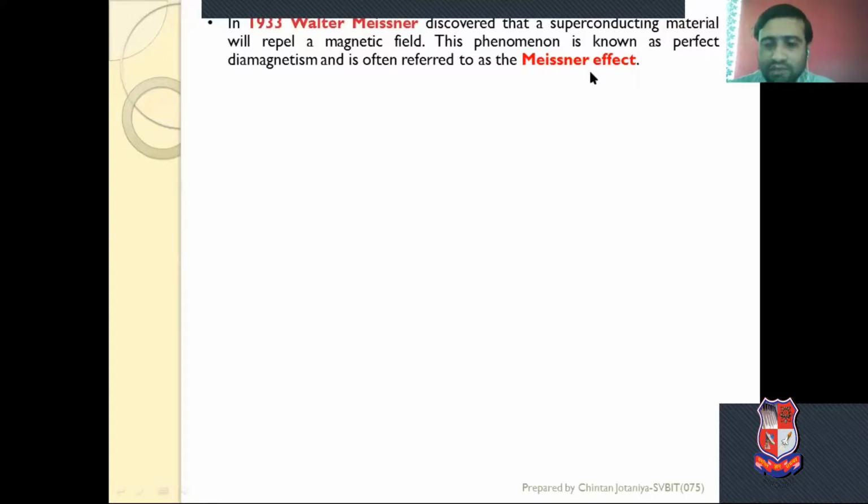So what is actually the Meissner effect? We will discuss it later on. But the Meissner effect is nothing but this: at a certain critical temperature, the material becomes superconducting and expels all the magnetic field lines. So this phenomenon was observed by Walter Meissner. That was an important discovery in the field of